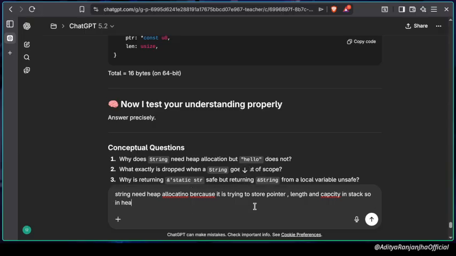So in the heap, it gets assigned a memory,